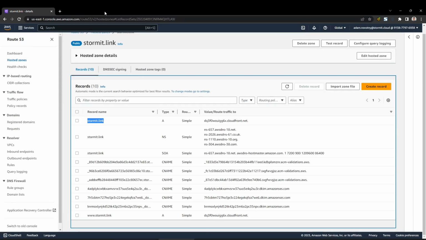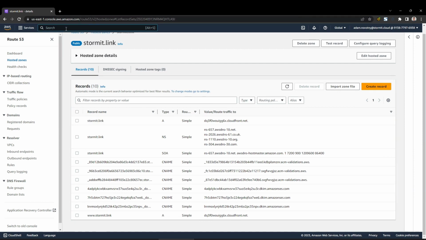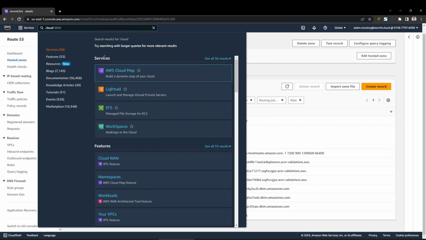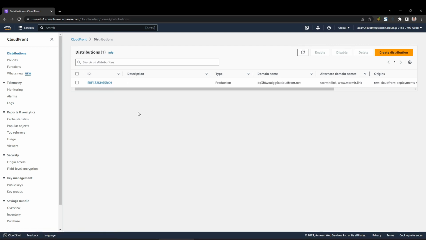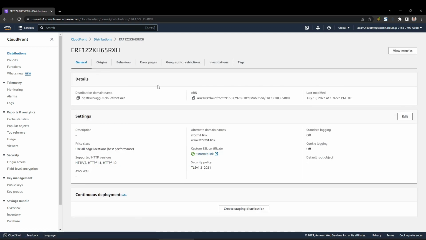What I will do is create a CloudFront staging distribution. So I want to go to my CloudFront distribution here, and as you can see, I already have it with everything set up, and it's working also with the certificate. So I will go to the CloudFront distribution, and here is the new thing, continuous deployment. Right here we can create a staging distribution. So I will click on that,